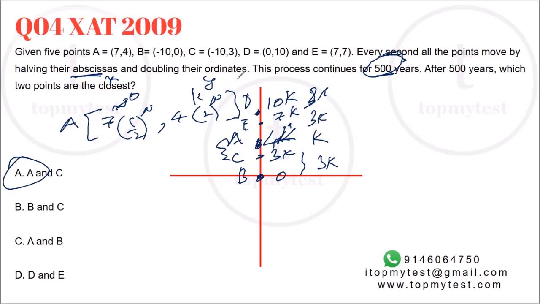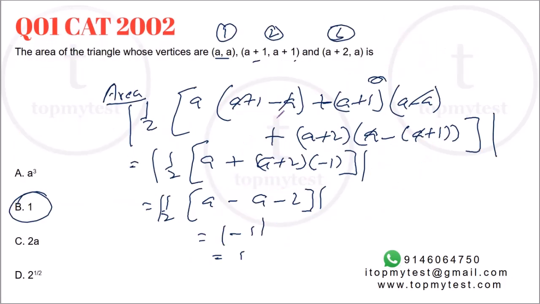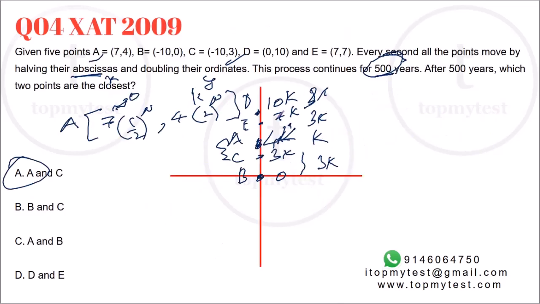It's a beautiful question. First of all, it requires you to know what an abscissa is, what an ordinate is. If you don't know those values, you will not be able to do it. Even if you try to figure out abscissa and ordinate, then you don't need a lot of rocket science to do it. You just need simple understanding that the x coordinate will become too small, almost 0. Y coordinate will become infinitely large, but the multiplier for each of the y coordinates is the same. As you have seen, coordinate geometry does not require a lot of new principles. All you need to do is visualize the things which you already know in a two-dimensional coordinate system.